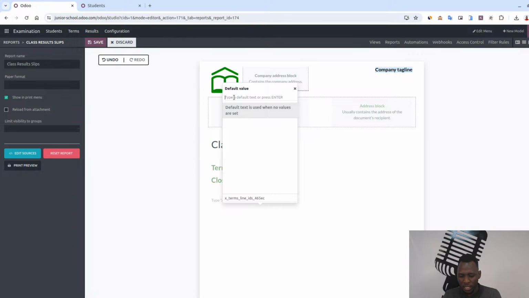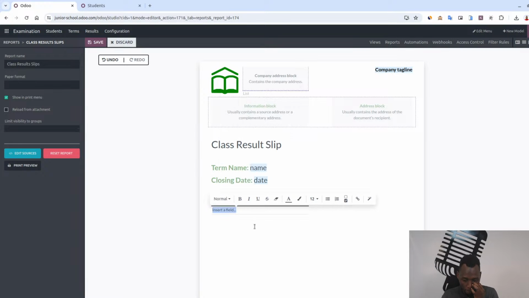So what is the default value of the first column, or what do I want to pull in the first column? I'll just say student. I just want to pull student. Okay, I click on enter. So if you look at my table, I've started editing my table here, and you can see the first column is student. So what exactly do I want to pull on student? Here now I can